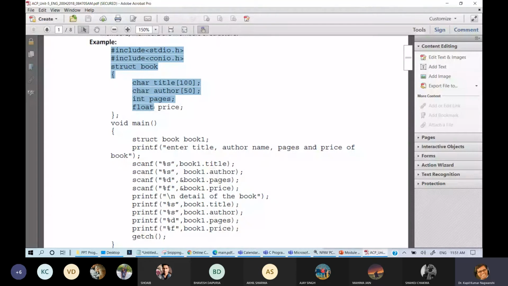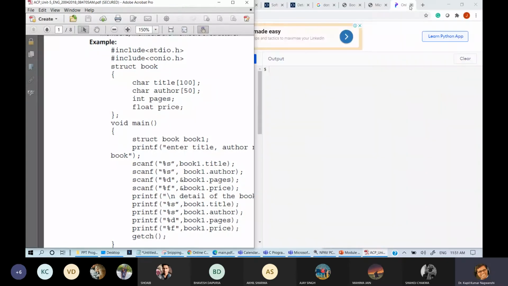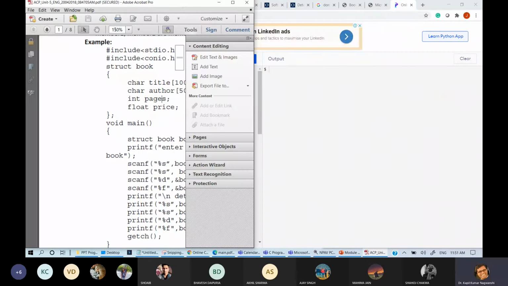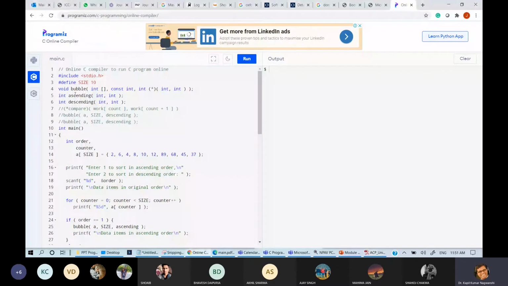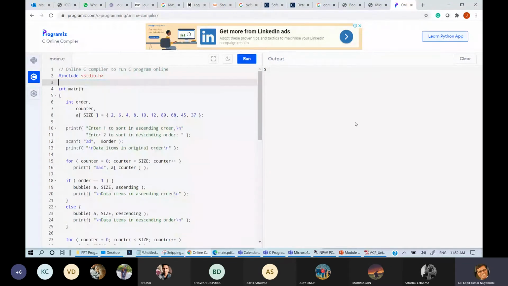I cannot copy the thing. Fine, not an issue. But I can type the things, no? So this is our program, and void main is required and no functions are required.